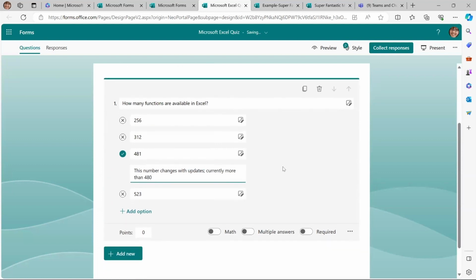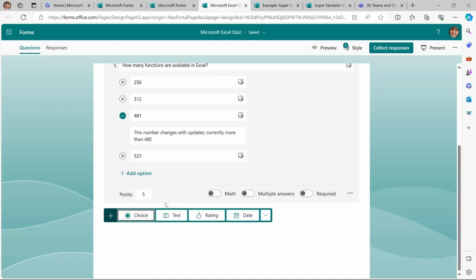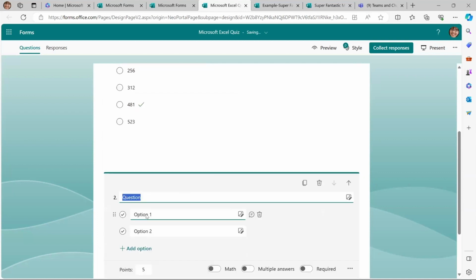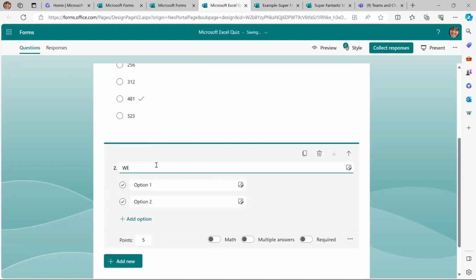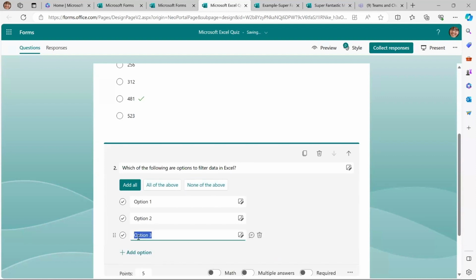Okay. So that's where we can kind of get a sense. And that's what's different with a quiz. How many points would I associate it with? I'll just say 5 for this and add new. So for this adding new, this will be multiple choices. You can see how Forms is trying to find ways to be helpful here. And I'm going to add,